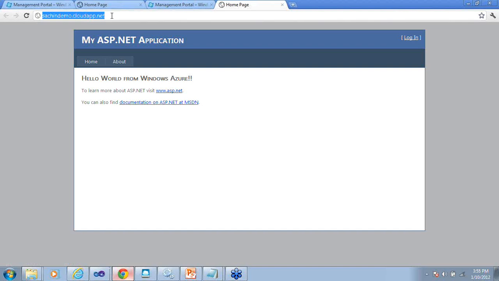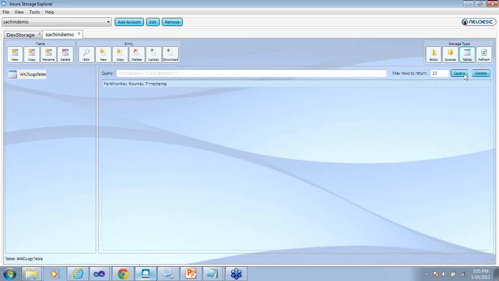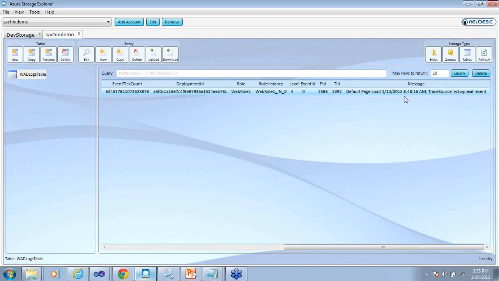So what it means is, we have developed an application, we have deployed to Azure, and it is readily accessible over the cloud. So if you type sachindemo.cloudapp.net, you should see something like hello world from Azure. Very simple basic application. Conceptually, I think if you are with me, you should understand the flow. Login, if you remember, I was logging into this application. So I was just setting a trace information, load. I want to see if it is generating the logs or not. So I go to the log table. I see this is the log which I get. Default page load. So it means my application is running fine and I'm getting this log.